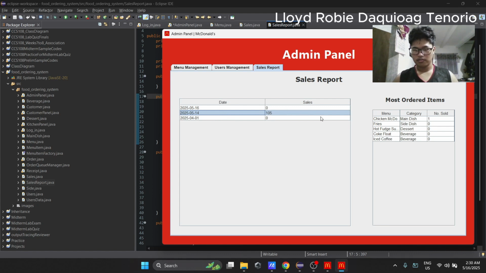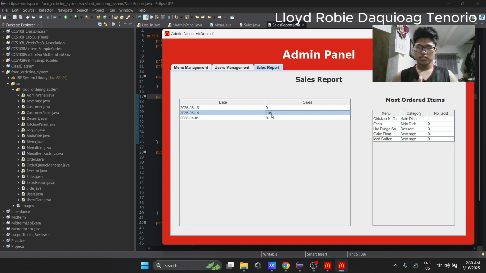Inside that May 14, if we click, for example, the other April 1, the most ordered items table is 0 since the sales is 0. However, in the dummy data, we have passed an order to the May 14 sales report.